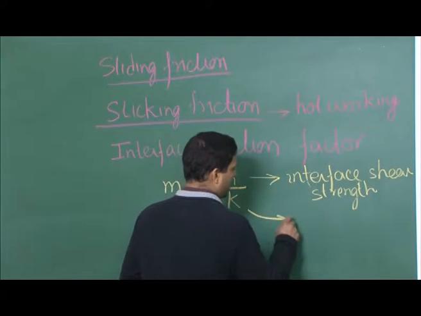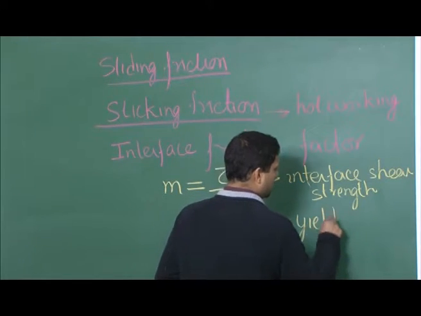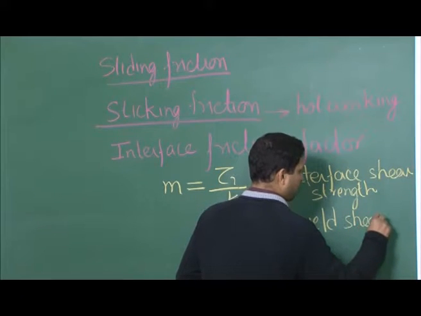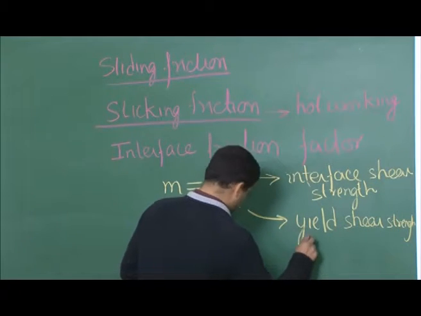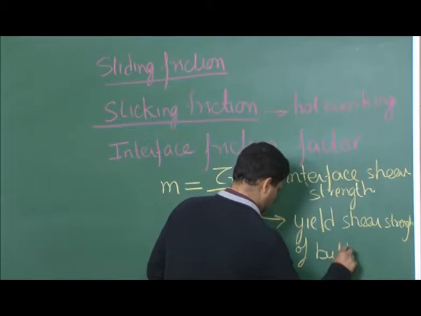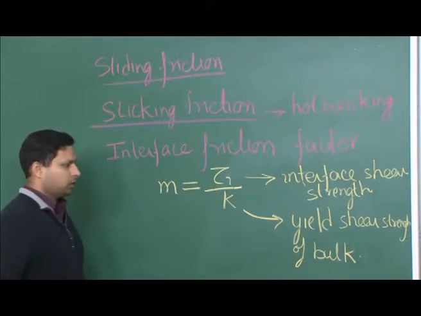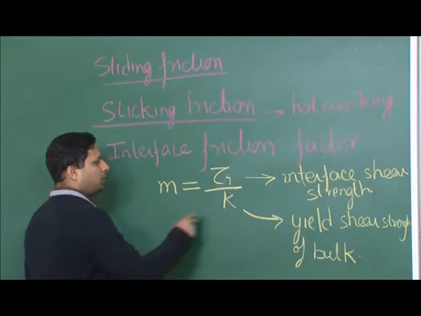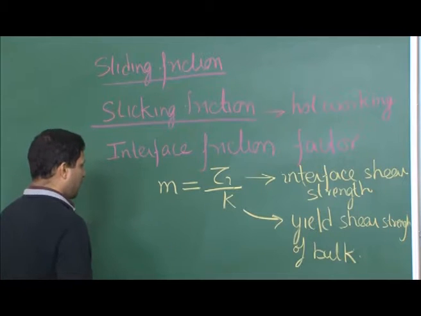K, on the other hand, is the yield shear strength of the bulk. So, this m describes the ratio of tau I by k, and this m can vary from